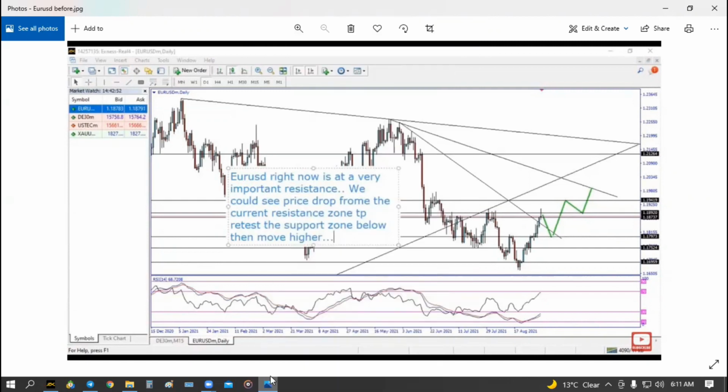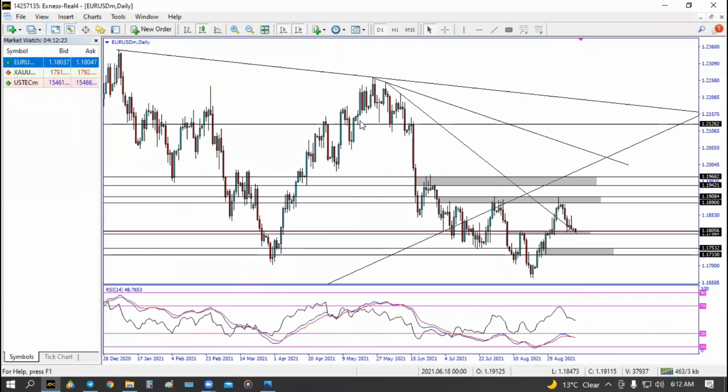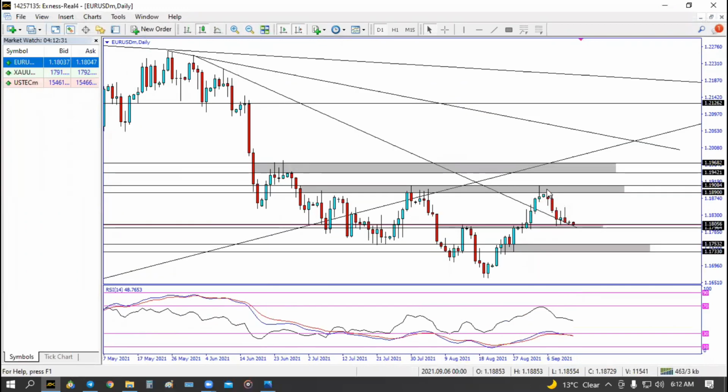Okay. With that, we were expecting Euro USD to drop from the zone of 1.18920 down to 1.17937, which I believe it actually hit the exact points. Currently it is on the support zone that I was anticipating. It has dropped beautifully. We were looking to sell it from over here, and we caught the sell down to over here. This is now, as you guys can see, the retest of this broken minor downtrend,